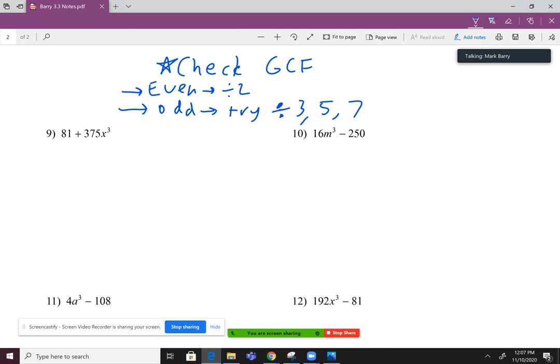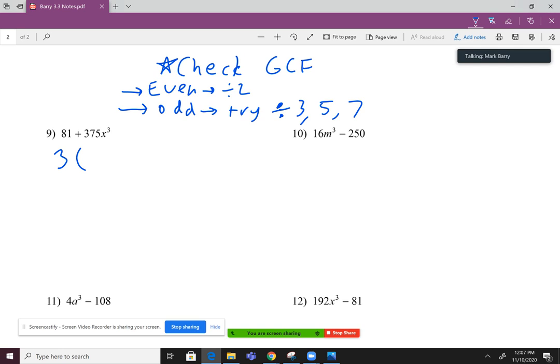Are you allowed to use a calculator for this? Absolutely yes. So let's see, 81, does that divide by 3? Yes, it does. 375, does that divide by 3? Yes, it does. So what I'm going to do on number 9 is I'm going to bring a 3 out